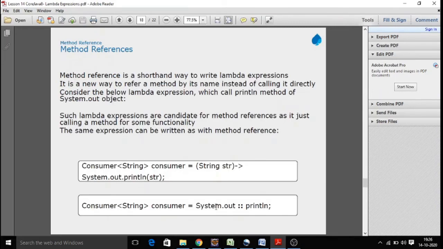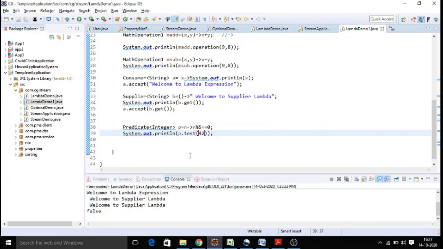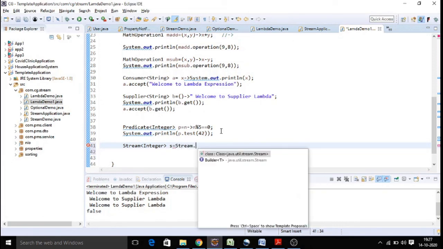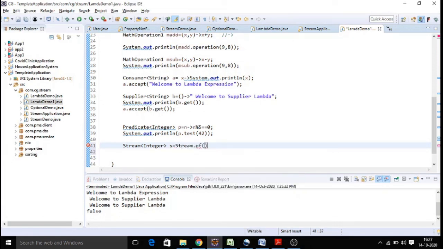At the end we have the method reference operator. Usually, instead of writing a big lambda expression to consume the values, you can simply say System.out.println. We have already practiced this in a previous example in the Streaming API. Let's say you have a stream of integers, stream equal to Stream.of, with some numbers.